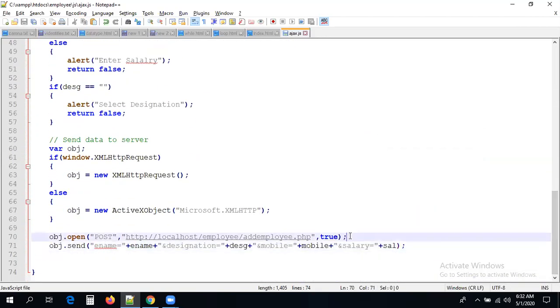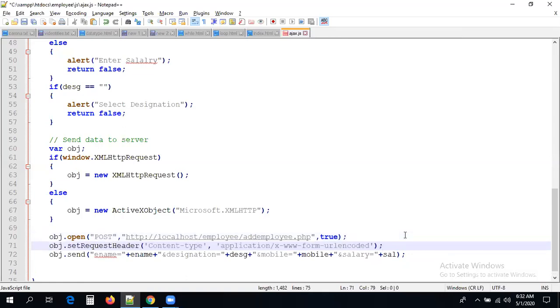Now we are posting data. When we are posting some data, we have to encode this data. So URL encoded, we have to set the headers here. Let me see how to set the header. Yes, guys, this is the method we have: obj.setRequestHeader, Content-Type, application/x-www-form-urlencoded. When we are sending data to the server, we have to use this method, guys. We have to set the request headers to the server, right? Now, by seeing this, we can send the request to the server.